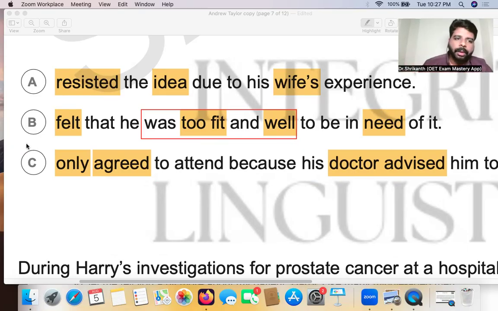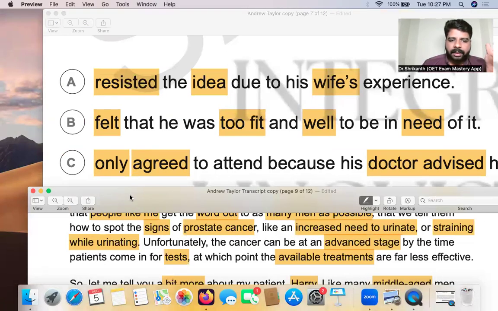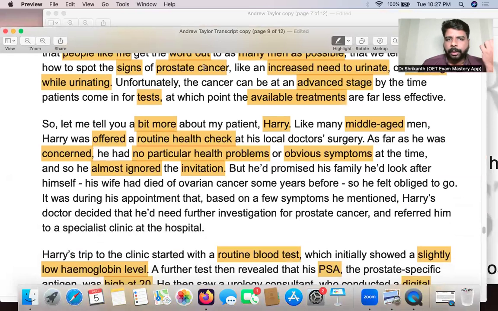So what you can do? You can put a question mark over here because you highly suspect that answer option B could be the right answer. The verb is mentioned much more clearly. Right. So let's keep reading this thing over here.